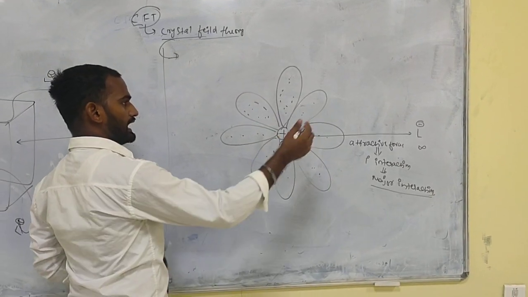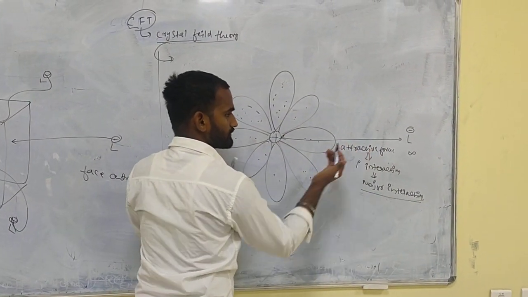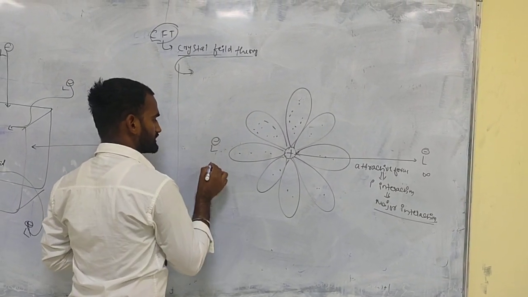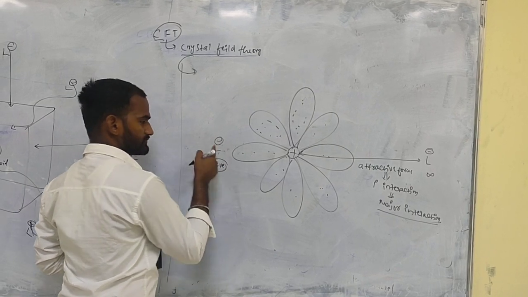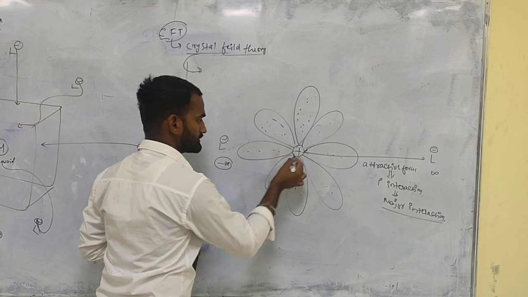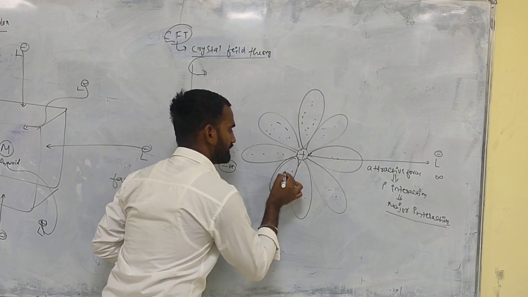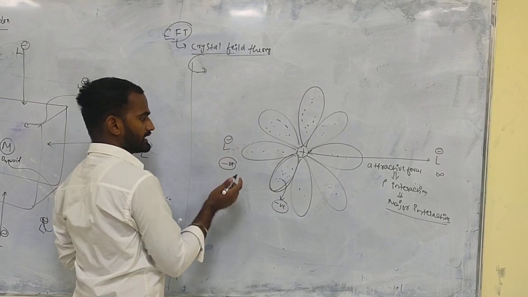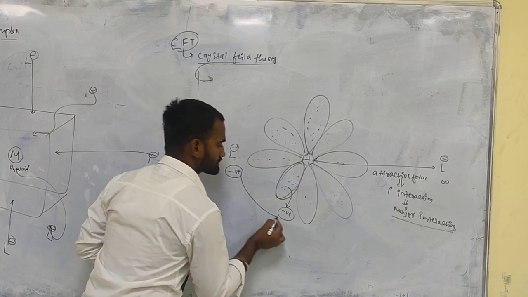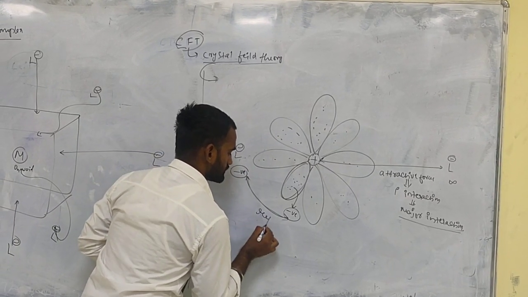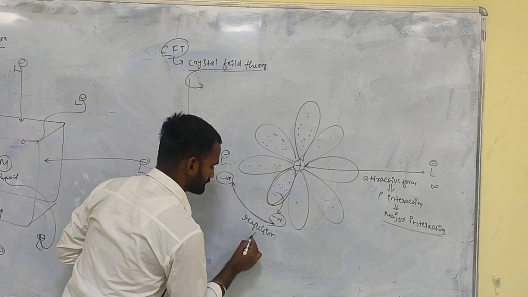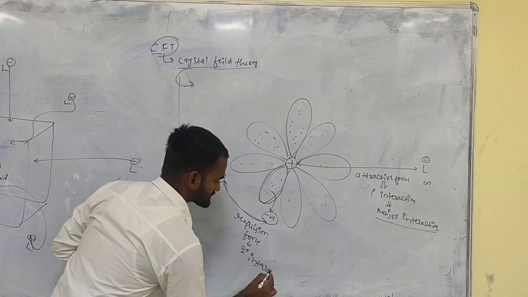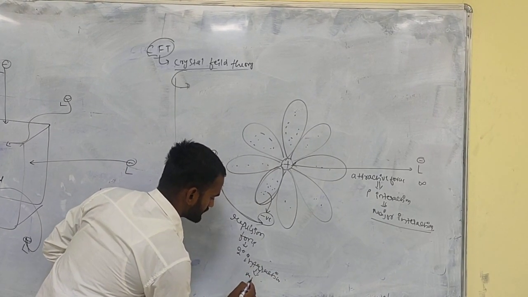One more force. After the attractive force, the ligand will come very near to the metal orbitals. This ligand has a negative charge, and these orbitals have electron distribution, and these electrons also have a negative charge. So when the ligand approaches close to the metal orbitals, both negative charges will feel a repulsion force. This is a secondary interaction, also called a minor interaction.